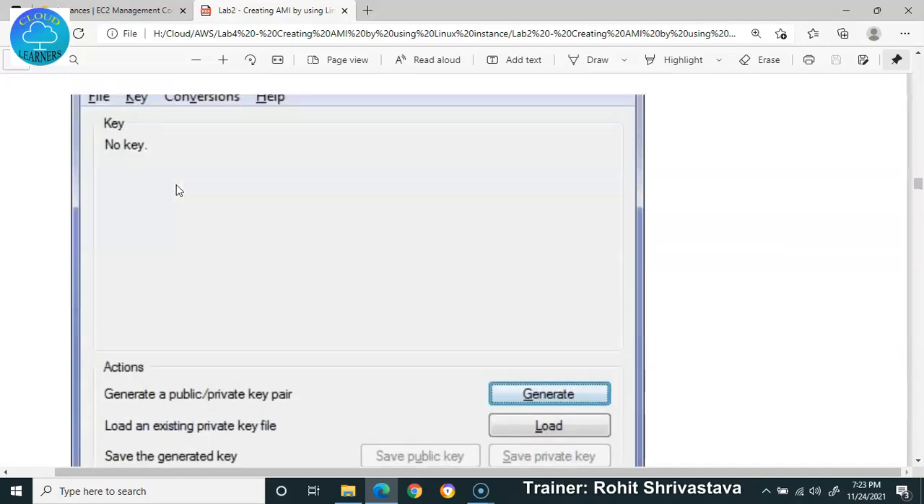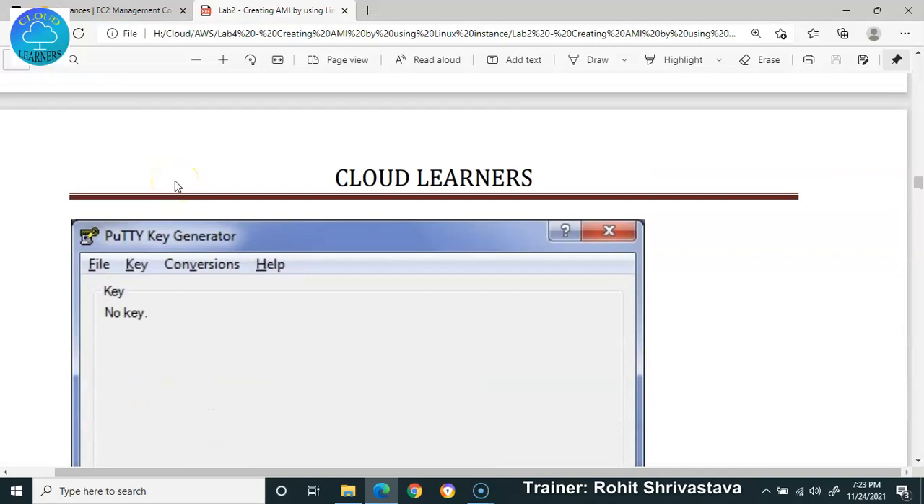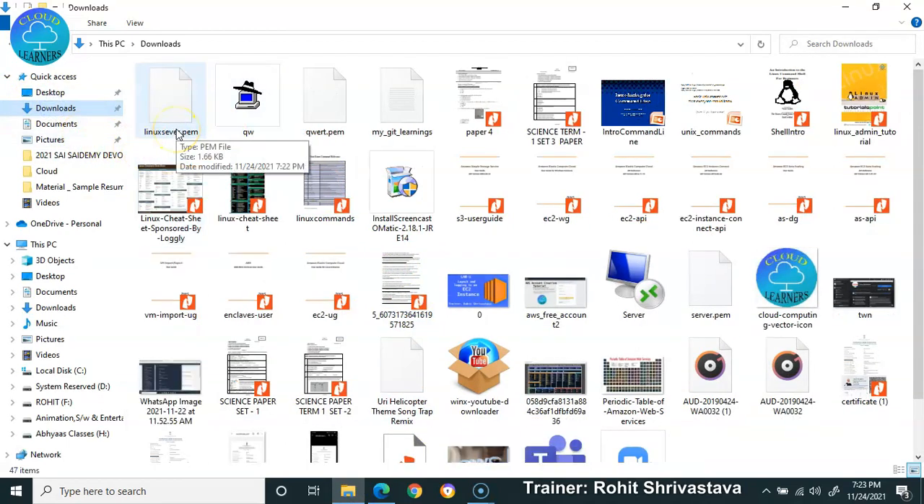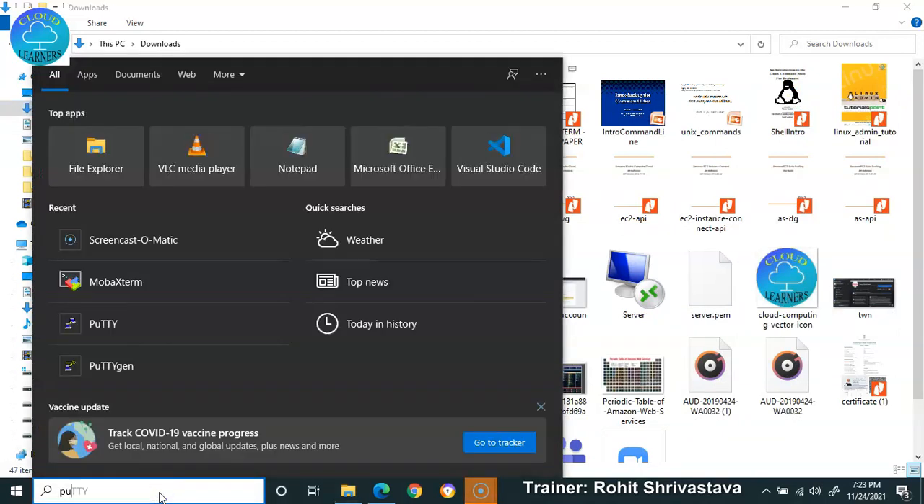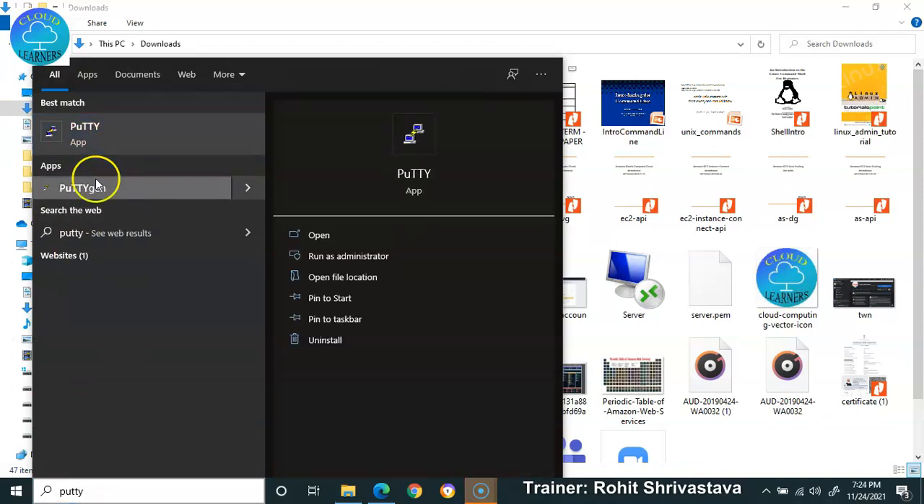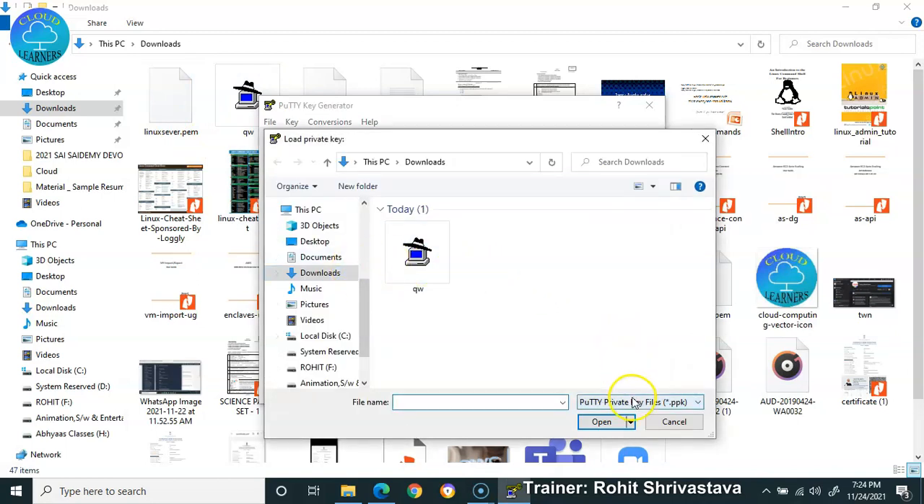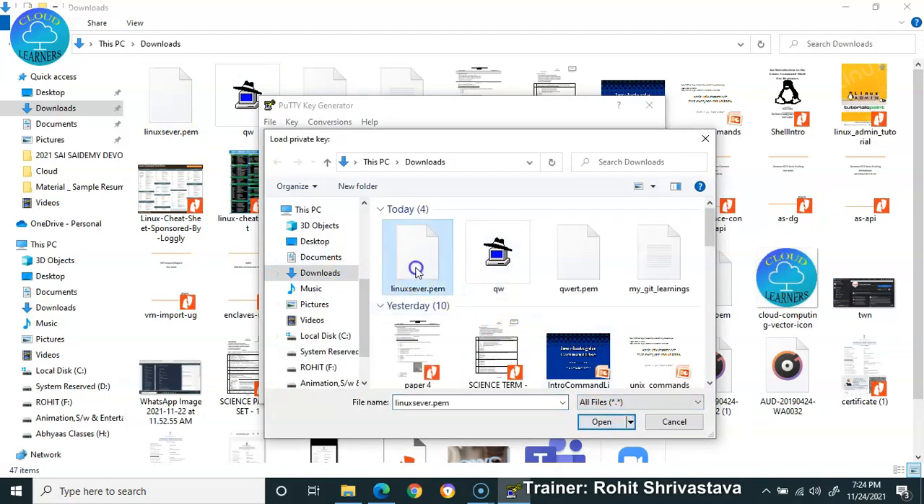So what does this PuTTYgen do? Actually, a Linux server needs a PPK file, the private key. But the key that we have just downloaded is the .pem, not the PPK version. So PuTTYgen converts your PEM file to the PPK file. Now what you need to do is load the file wherever you have saved it. If you're not able to see Linux server.pem,